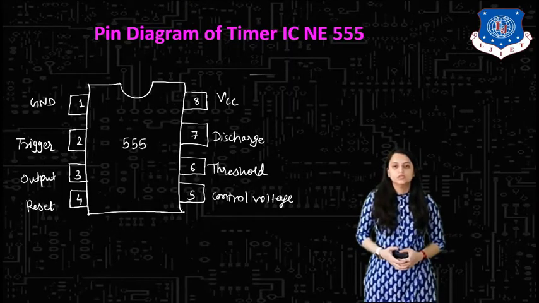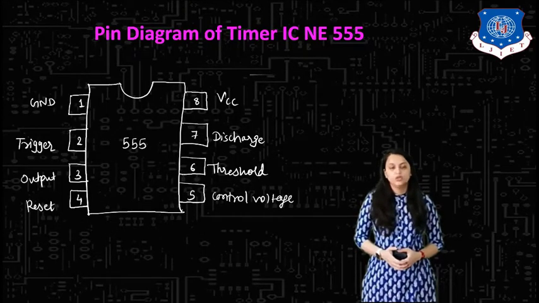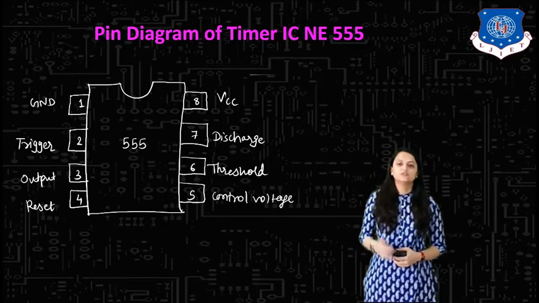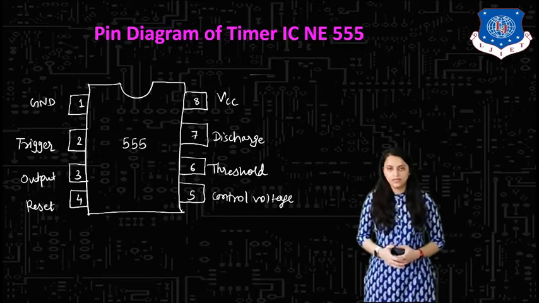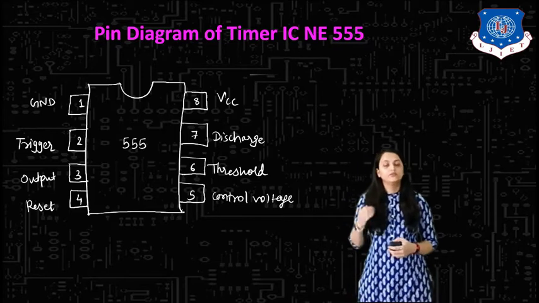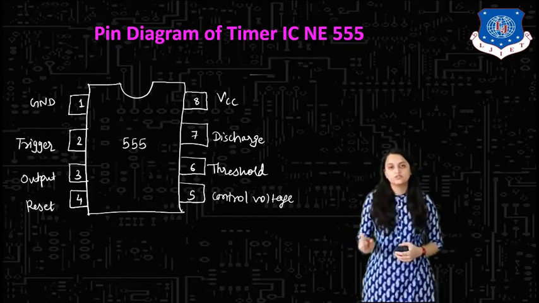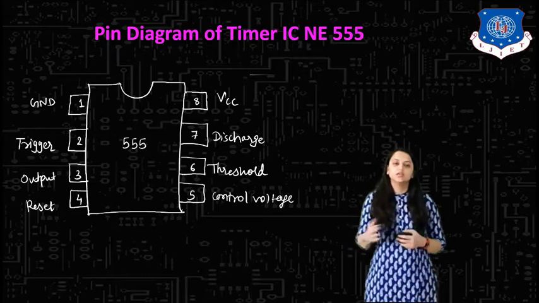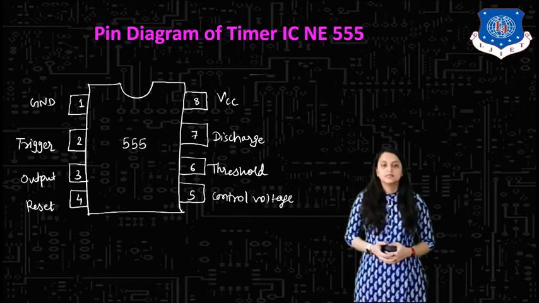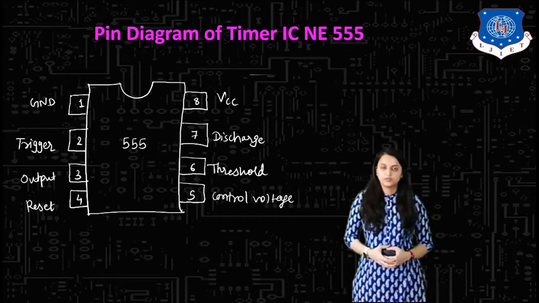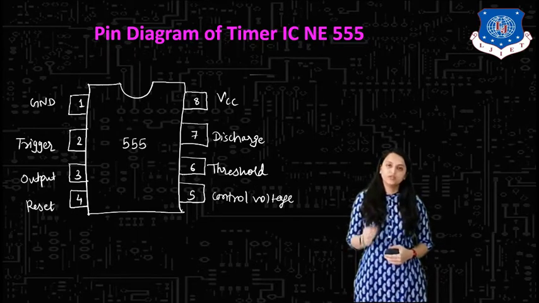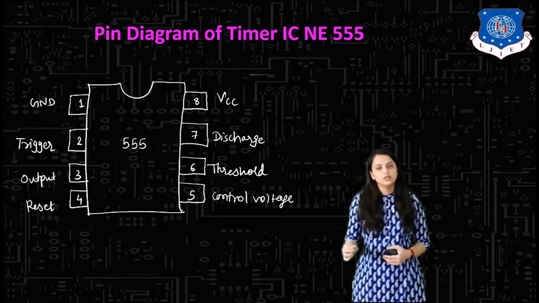Now let us see the pin diagram of this. The 555 IC is of 8 pins. Starting from pin number 1 to 8, the pins are indicated over here. This is similar to that of IC 741, where also we have seen the 8 pins configuration. First pin is ground. Second pin is for trigger. Third pin is for output. So whenever you want to obtain the output from 555 timer IC, the output is connected to the pin number